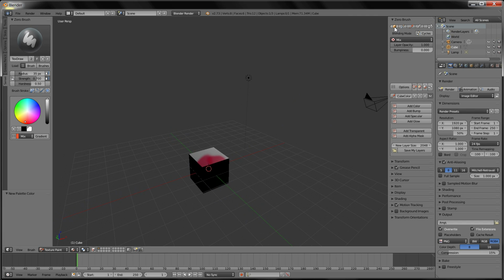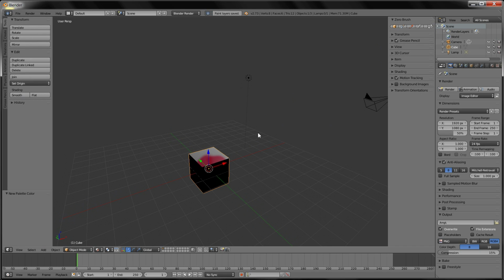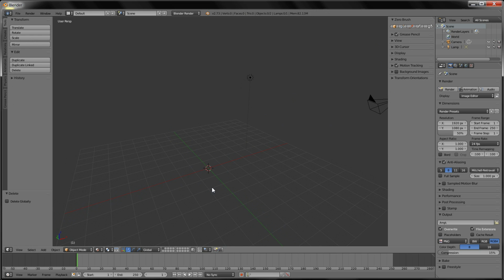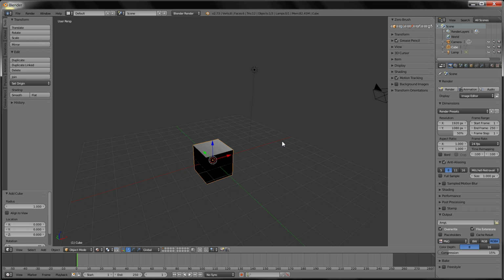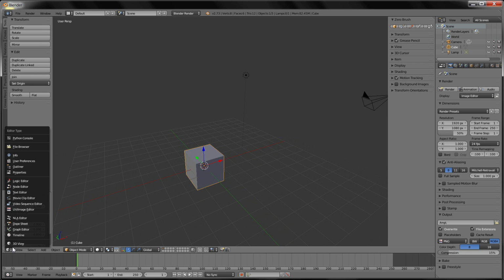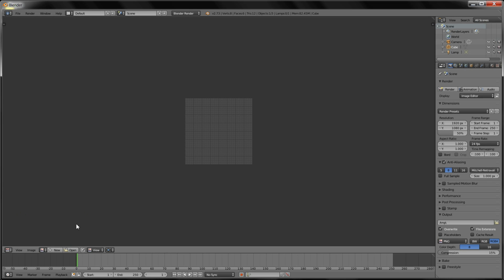All we want to do is click on our object mode button and go ahead and press X and delete this cube here. And if you want there to be a default cube in your scene, you would press Shift A and add a cube, and go ahead and change this viewport shading back to solid or whatever you like to keep it on. And then finally, the last thing we need to do is switch this from 3D view to UV image editor. And one texture image was created when we clicked on that cube,